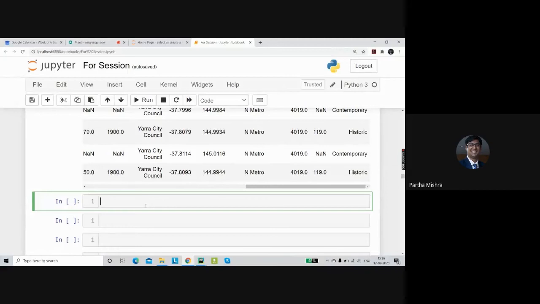Okay. Now this dataset is ready. All we have to do now is check the missing data. Since we have seen some of the columns have NaN values, we need to understand how much of the data is missing. For that, we can simply say df.isnull() and call the sum function. It will give me the total sum of the null values inside the data.